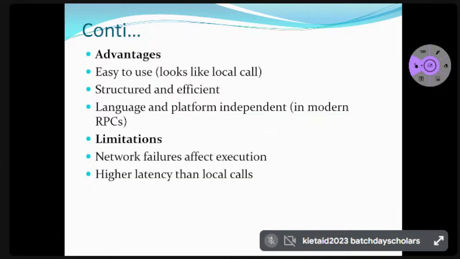When he called that person also, sometimes he said, no, I didn't receive any messages. We told him, yes, I sent a message long back, 1 minute back, 2 minutes back. But still he has not received it due to the failure of network. That may happen in the remote procedure call. The remote procedure call, RPC, established a connection, but the connection may be lost because of the network connection